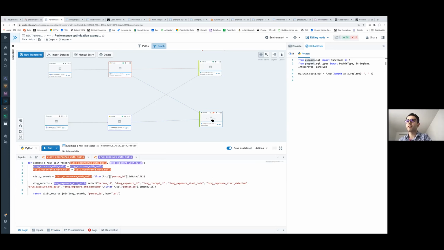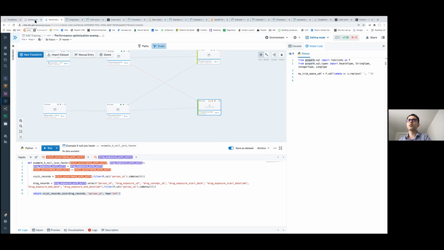That could be very inefficient and slow. The alternative here is to filter, using a function call like this, and remove all the rows for which the value of person ID is null. For both visits and drugs, I'm doing the same thing, filtering out the null values before performing the join. It can be a much faster query.